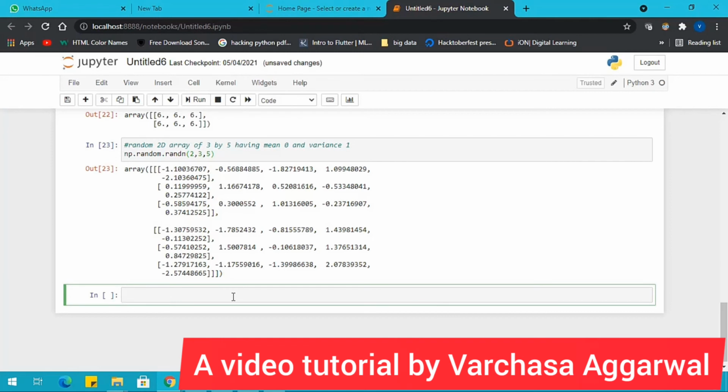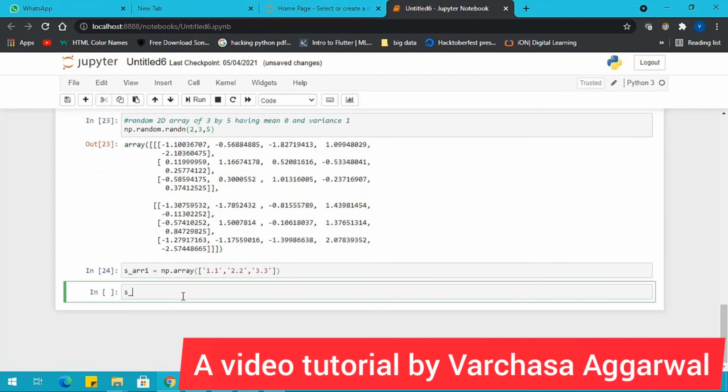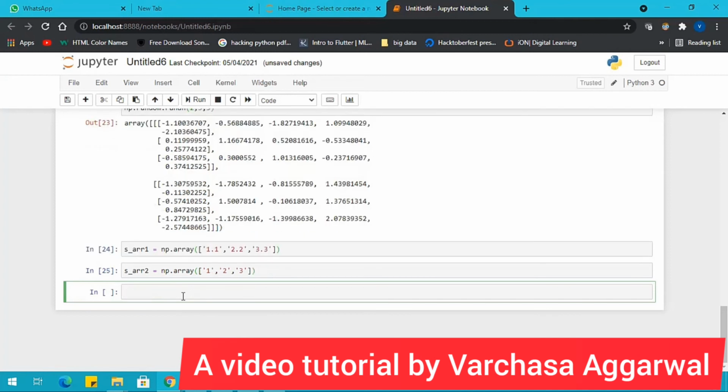Now let's see how to convert string to float and string to integer. For this we have to create two arrays of strings, and another array. Now let's convert sarr1 to a float array.